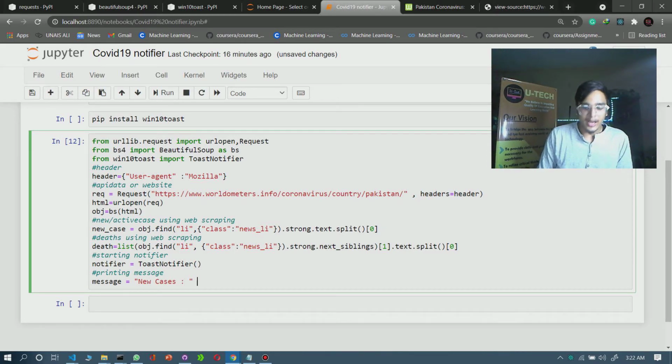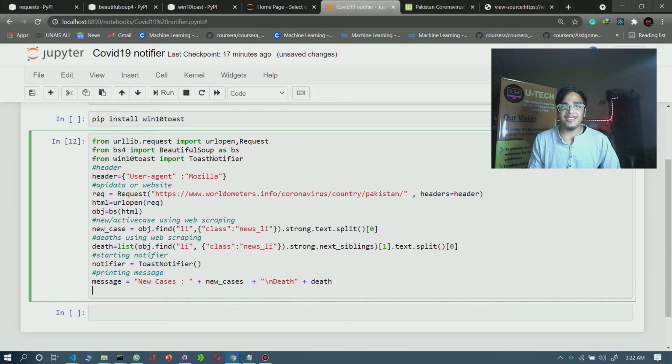Okay, and plus we will put here our variable new cases, and for that we will write plus and backslash n, so it will give you the result in the next line, and for that plus you have to call a variable of that. So this is the message thing.